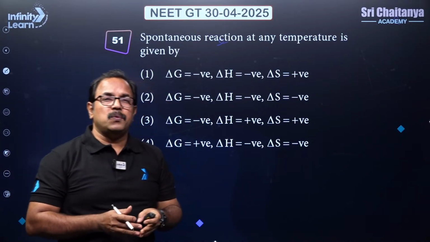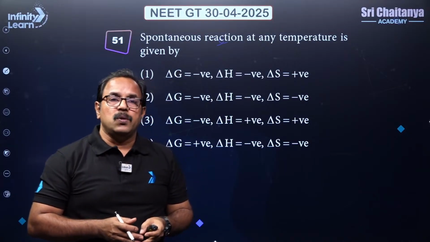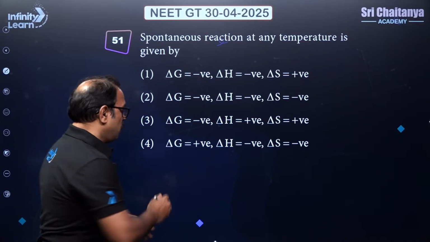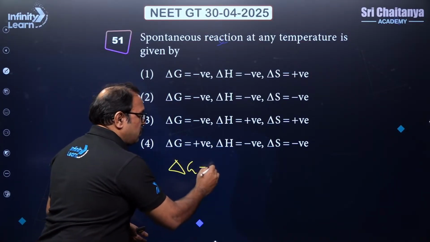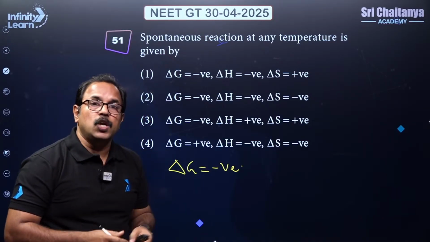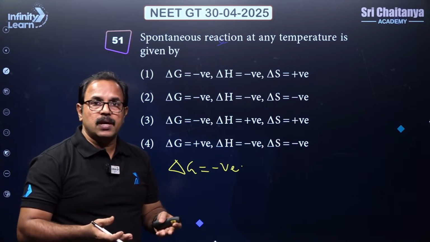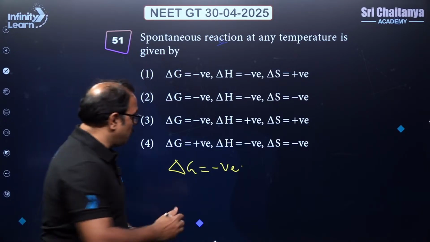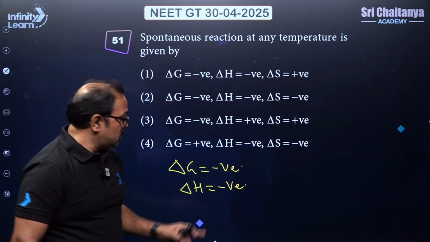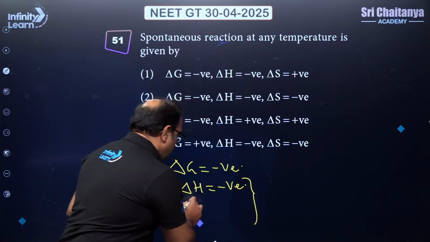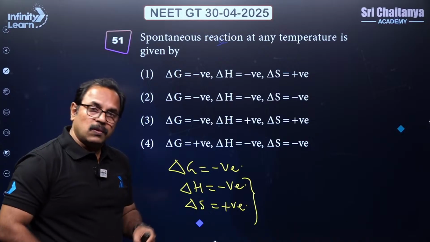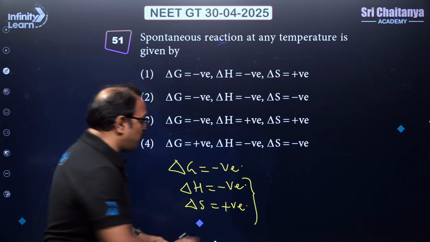Now from the thermodynamics point of view, this is a very important concept. You can never miss this concept in thermodynamics. Any spontaneous process will always have a negative delta G value. Most spontaneous reactions generally tend to be exothermic in nature, though endothermic reactions can also be spontaneous. By and large, if you go by generalization, delta H is negative for an exothermic reaction. This is a favorable process, and an increase in entropy, the randomness in any process, is always a favorable process. So these two are favorable processes,